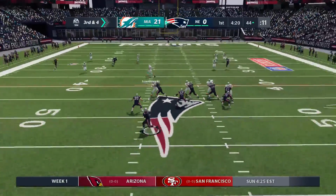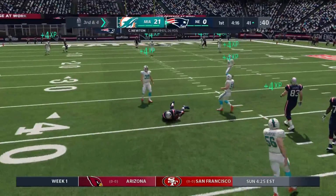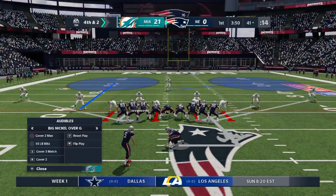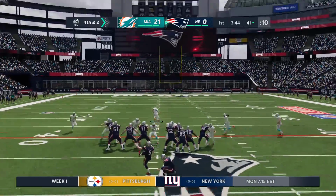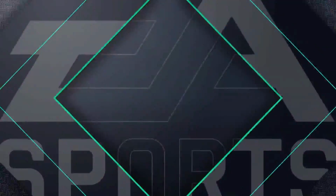Now a play fake, and it's Newton. On the move to his left. He can run for it, and he will. The decision to tuck and run gets him 3, but that's not enough. Now it's 4th. He was able to get away earlier in the drive, but apparently all the time they put in practice finally came to the front, didn't it? They remembered their lessons and found a way to contain him when he took off on that one. The kick is no